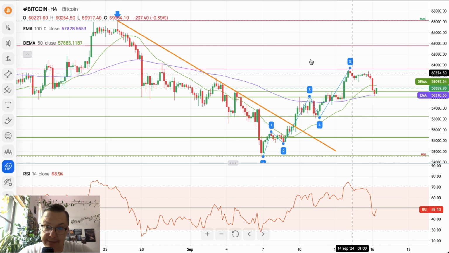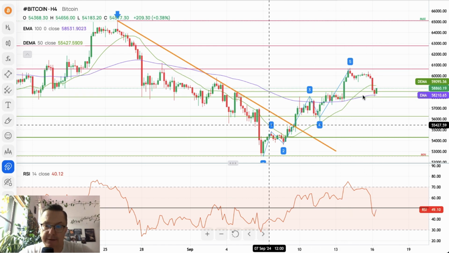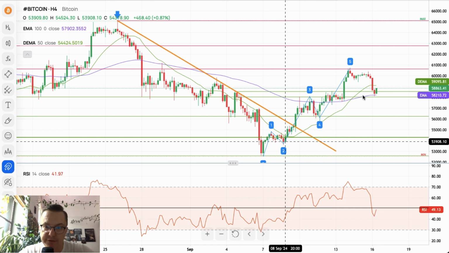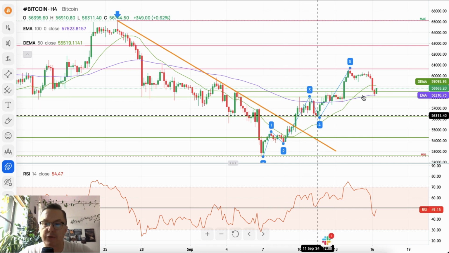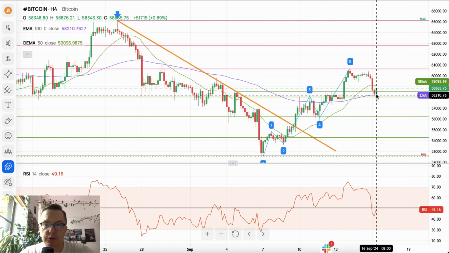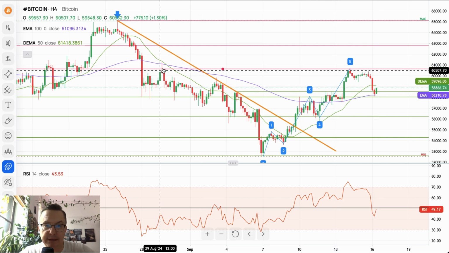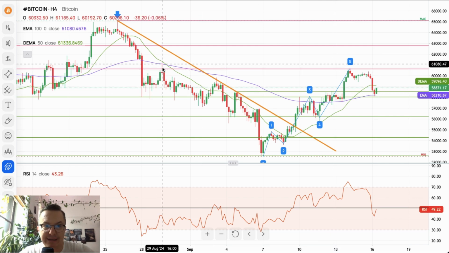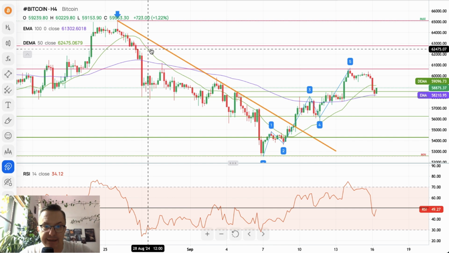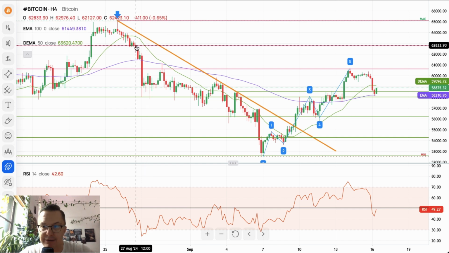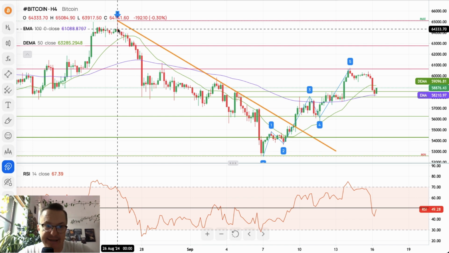correction is done. And we can see that this is the correction because it's the biggest movement to the downside since wave 4, basically. Yes, since wave 4. So this is the possible wave 2, and the next target would be this high here, which is 61,185, and then the technical resistance roughly around 62,833, and eventually swing high at 65,084